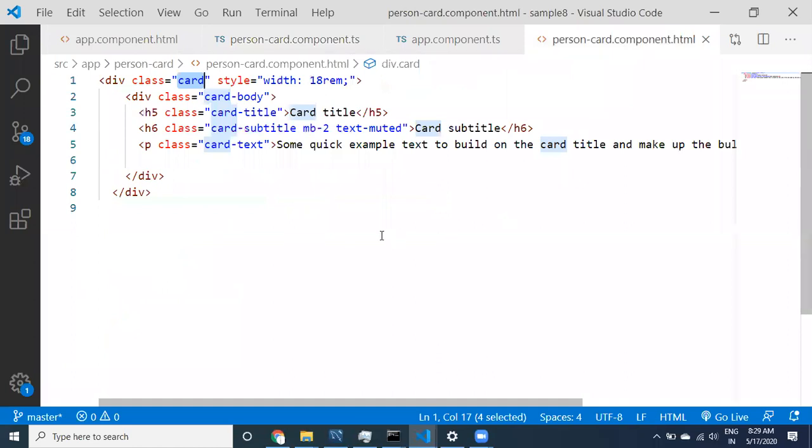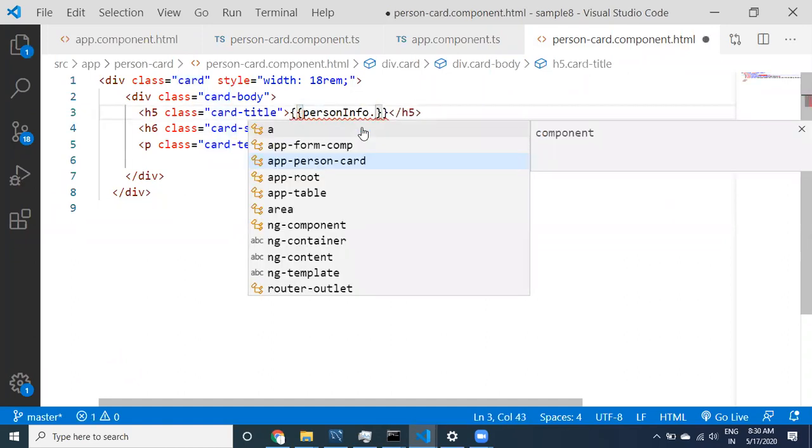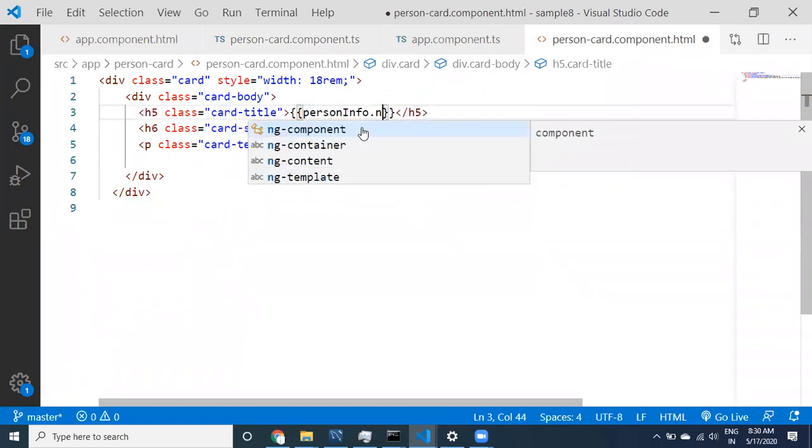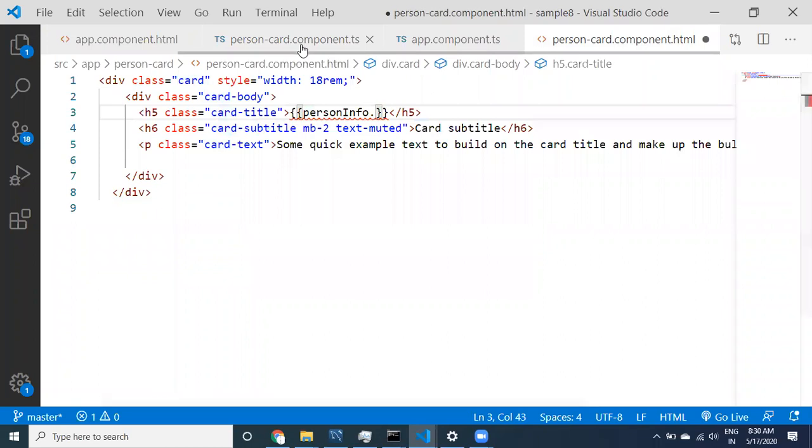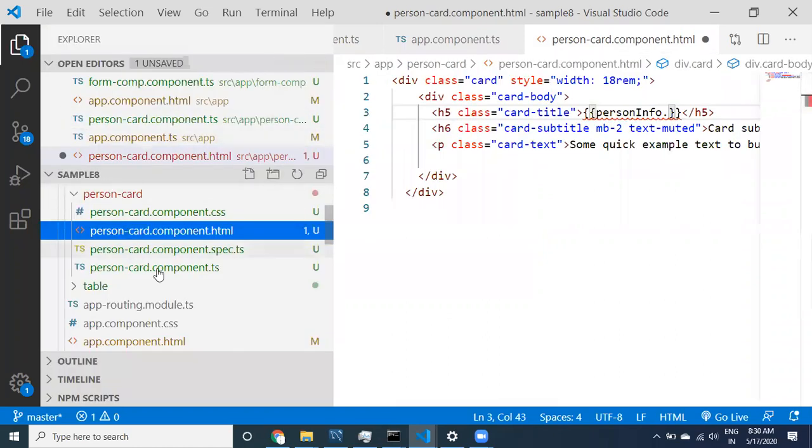Okay, you can go to the HTML, and then you can use this information in the card component. What I need to do is person info dot, what is the property name, guys? Name, right? Okay, not name, email, I think. What are the properties that we have taken? Where can we see that information is available? Yeah, see here guys.